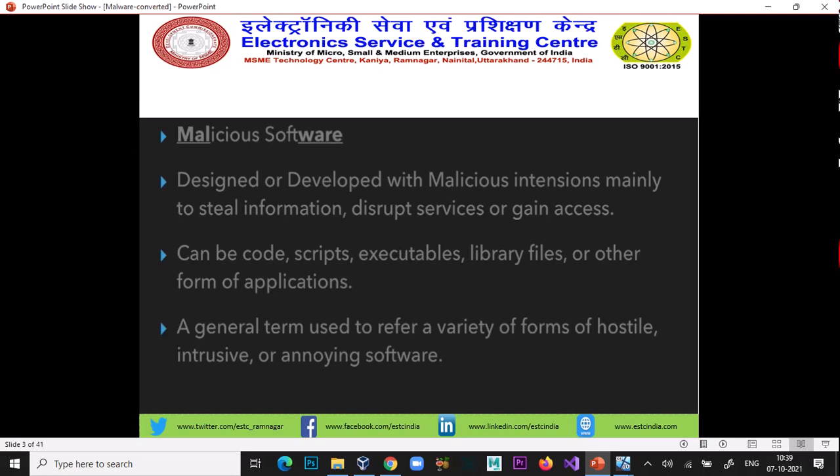In the practical session, we will also create malware and install it in another system to take access of that system.